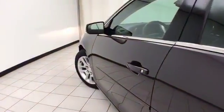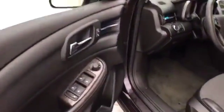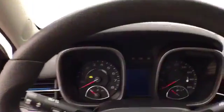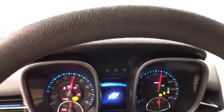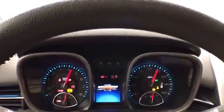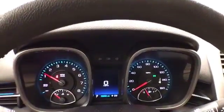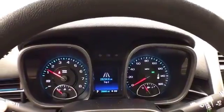This LT has keyless entry with remote start, power windows, locks, mirrors, power driver's seat, along with a tilt and telescopic steering wheel to put you in that perfect driving position. Large, easy to read gauges. Again, only 28,000 miles. With driver information system,